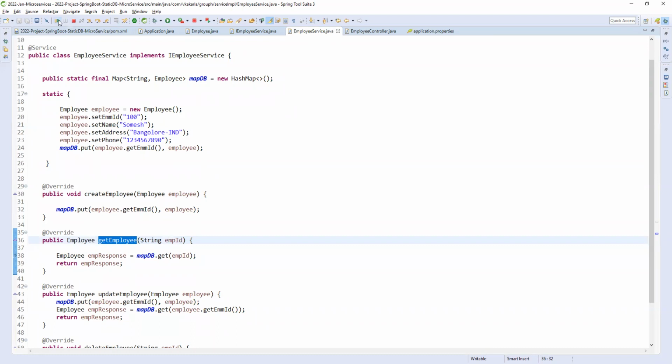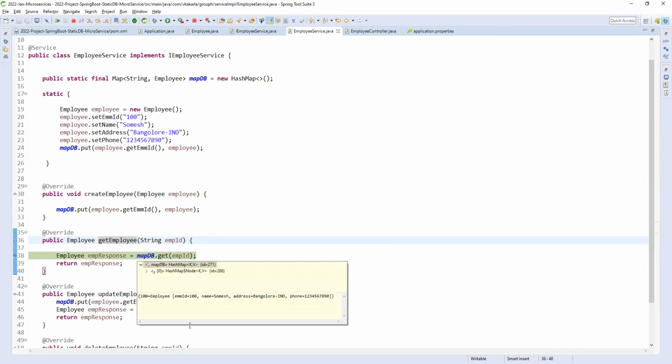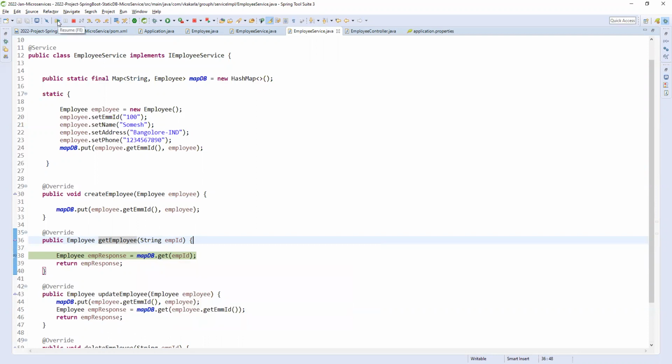Next level, resume. See, whether we are getting 101. So in the map, how many objects are there? Only one object is there, right? So that is the reason we are not getting it.